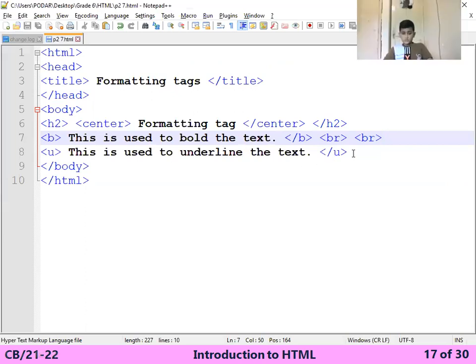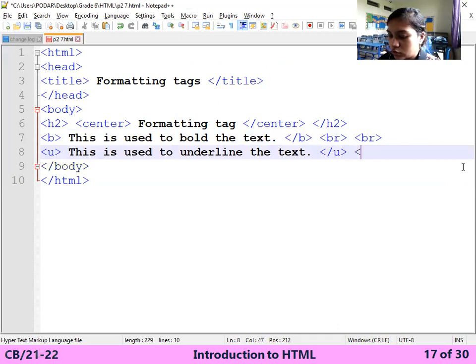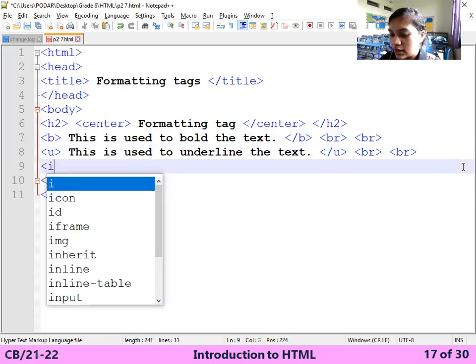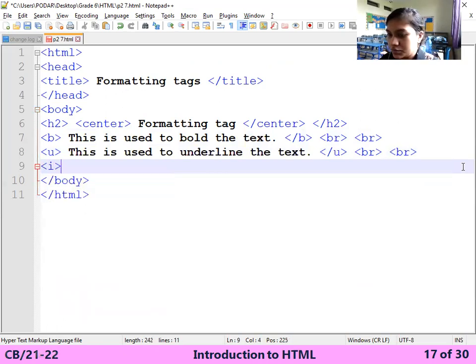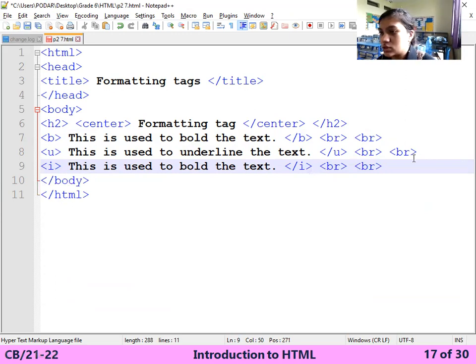Okay, this is the underline. Now taking 2 more BR for the line break. The last tag is the I tag for the italic text. Close the I. Putting 2 BR also because I want to add more things.